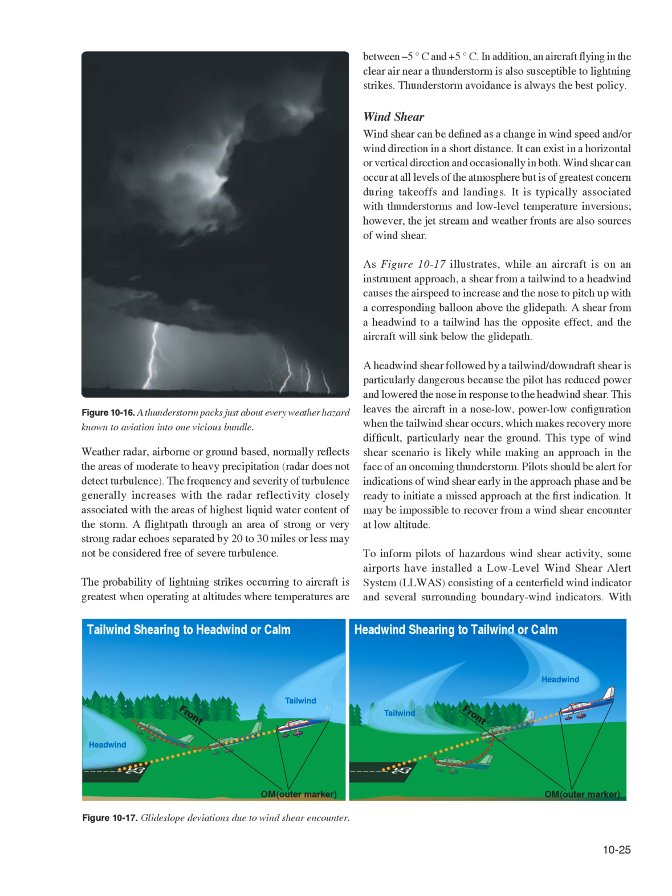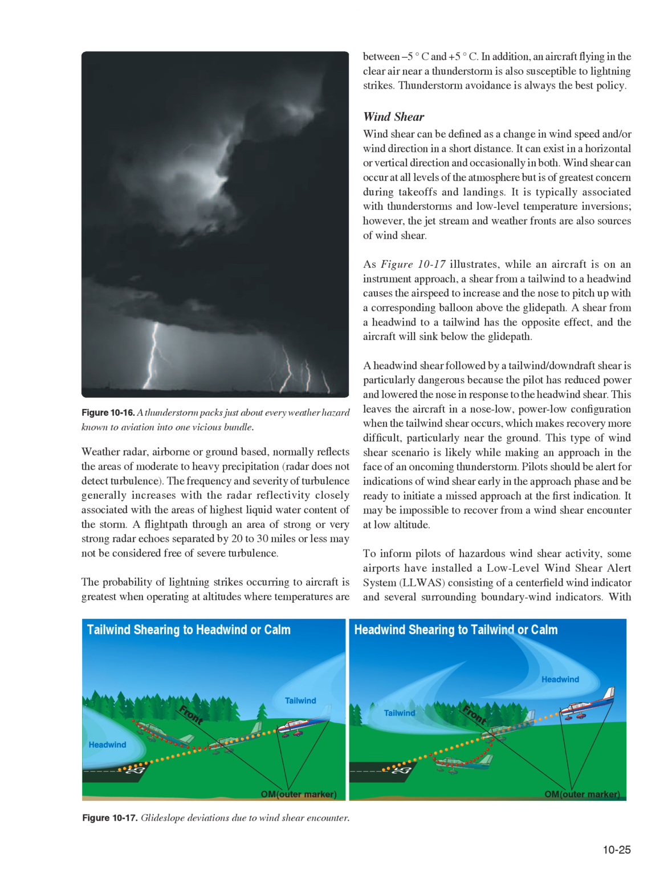However, the jet stream and weather fronts are also sources of wind shear. As Figure 10-17 illustrates, while an aircraft is on an instrument approach, a shear from a tailwind to a headwind causes the airspeed to increase and the nose to pitch up with a corresponding balloon above the glide path. A shear from a headwind to a tailwind has the opposite effect, and the aircraft will sink below the glide